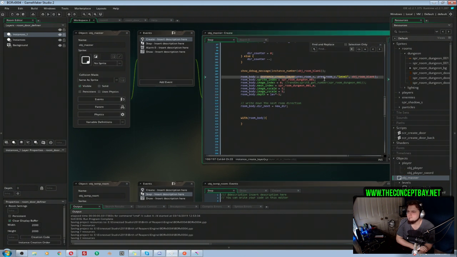Instance create layer. Okay, when we create the room here, we need to, after we do that, we need to see, it creates the room at the previous room location, which was pertinent when we were using collisions in order to distribute the room locations, but now we're not, so it doesn't matter that it's located in the center of the previous room. What does matter is that,